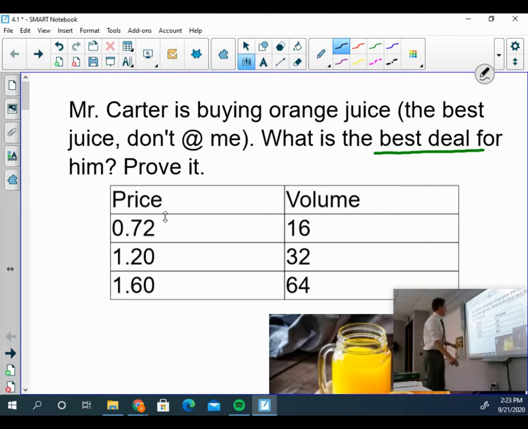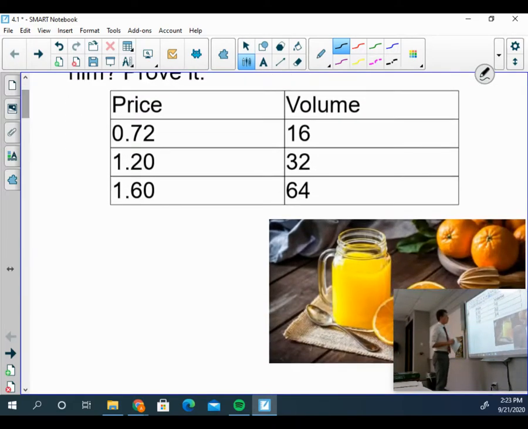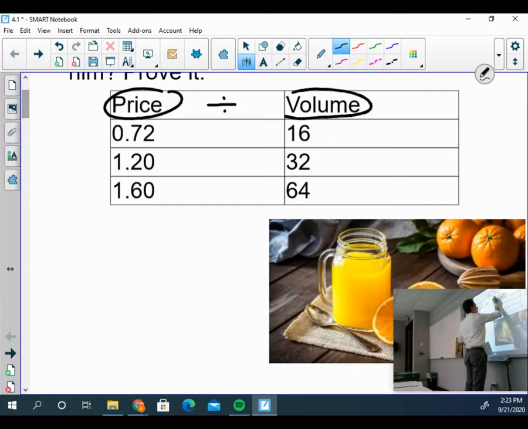You can do this by dividing the price by the volume. Okay? If I do this, I'm going to figure out how much each ounce of juice costs. If our volume is in ounces, and I divide the price by the volume, I figure out the cost per